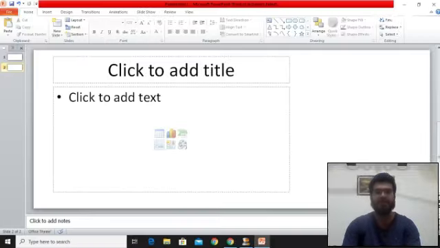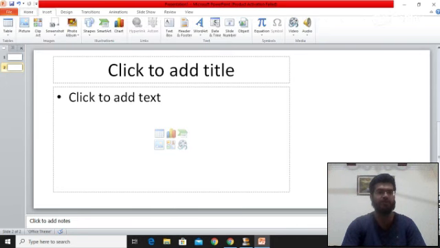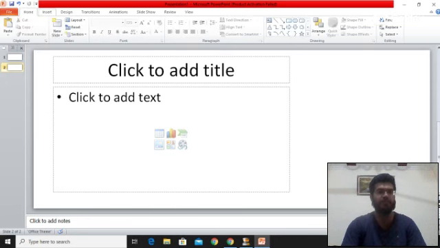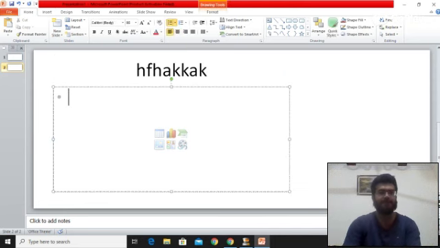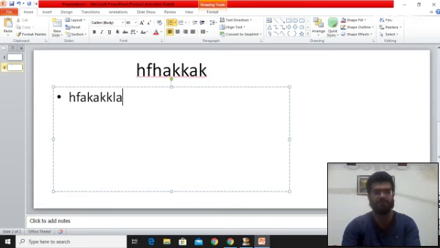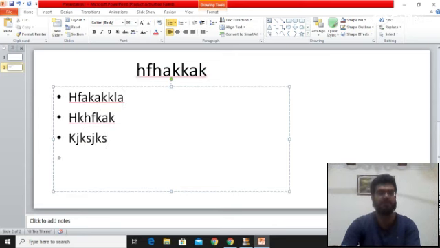So this will allow the viewer to see both of these things very clearly. And plus what you can do is, if I write down something here, similarly let me add a few lines.